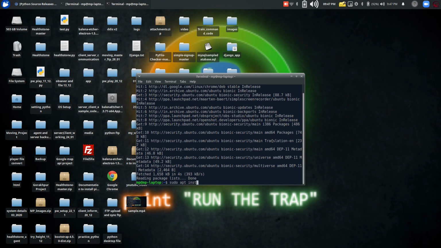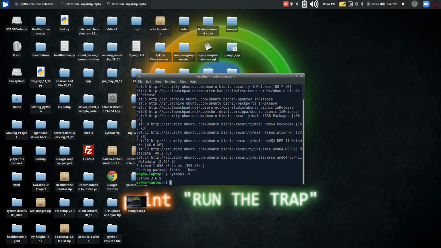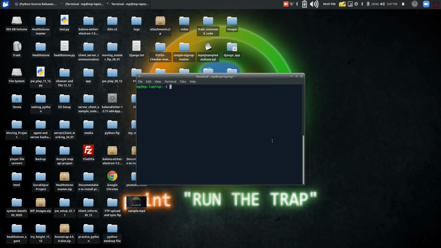The command for this is install IDLE followed by your Python version, like if you're using Python 3.7 or 3.8. I already downloaded Python 3.6, and once you've downloaded Python, you can check the Python version by doing that. In my case I am using Python 3. If you are installing Python 3.6 or any higher version above 3.5, you can check like that. My Python is 3.6.9, so here I am using IDLE of Python 3.6. You just run the command like that, and you can run that file which will run the Python script.